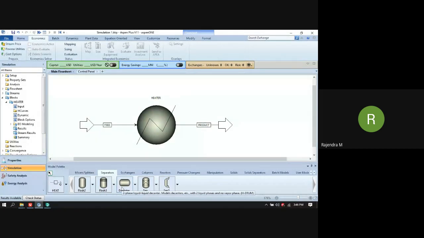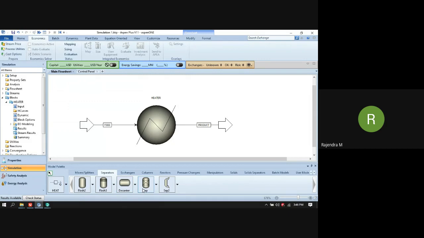Model decanter: two liquid phases with no vapor phase. It should not contain three phases. It is only for two phases, and those should be liquid. So two liquid phases, and the other one is used for three phases: one single vapor phase and two liquid phases.